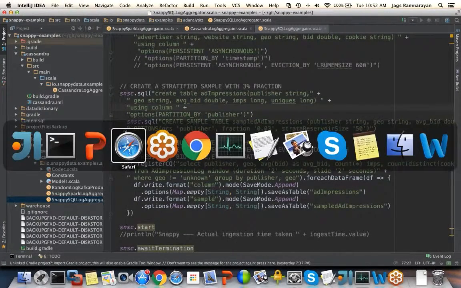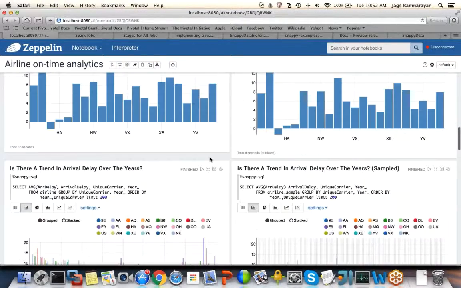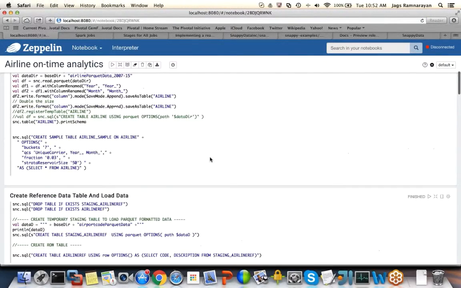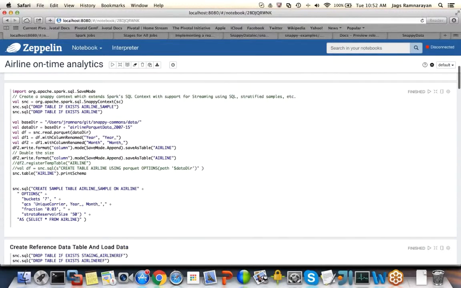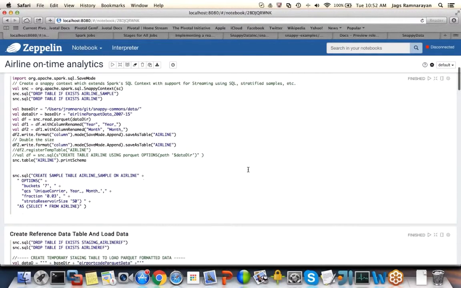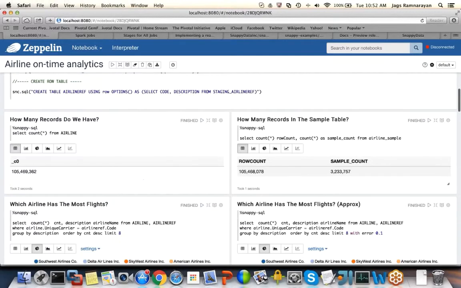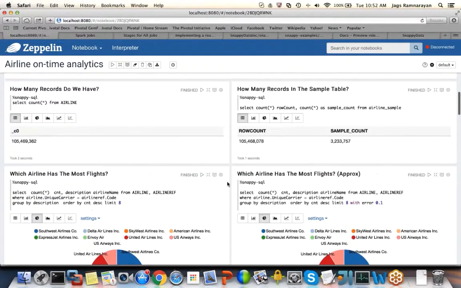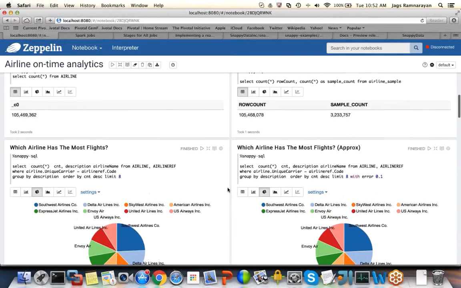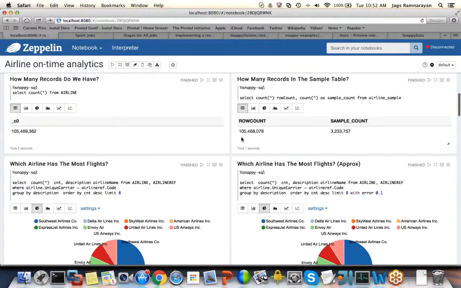So if I were to show you another example here, this is where we're taking all the airline on-time data from the Department of Transportation, and we do something very similar. And what you see here is even when you run your queries, in this case I have 105 million records, right? If you run the same query on the sample itself, it will automatically scale the answer. If you look at this answer compared to this, it's actually not exactly correct, but still it's 99.99% correct,